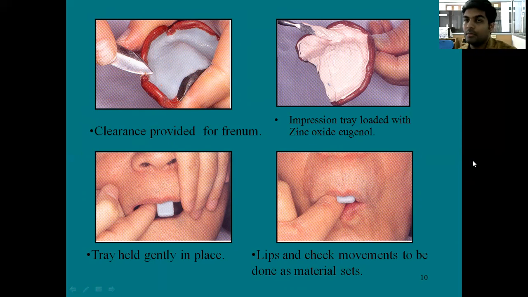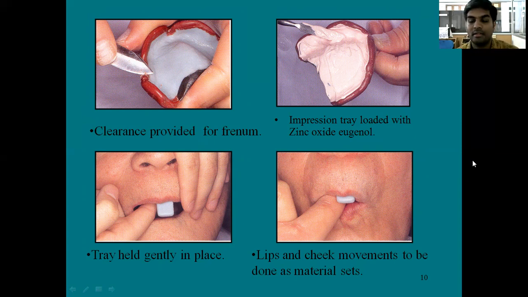So as we all know, equal amount of paste, both the base paste and the catalyst paste, is taken on a glass slab, and we use a mixing spatula and we mix it into a uniform consistency in circular motion. Till we obtain a single color, we will be mixing the paste.